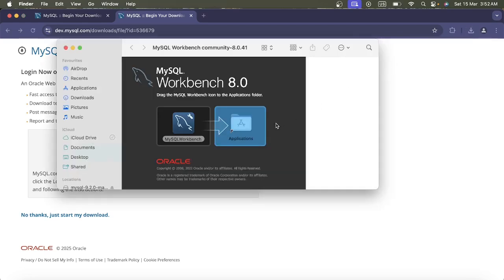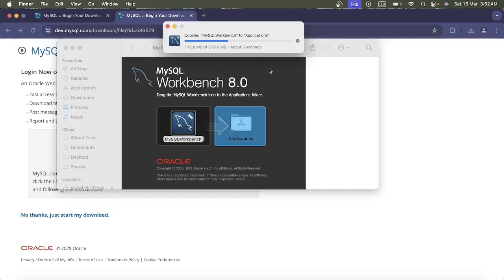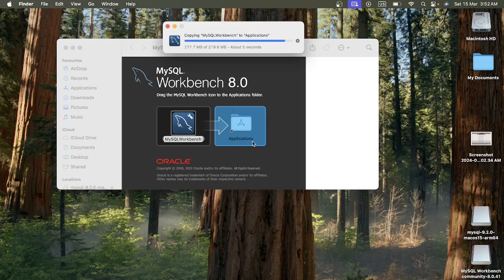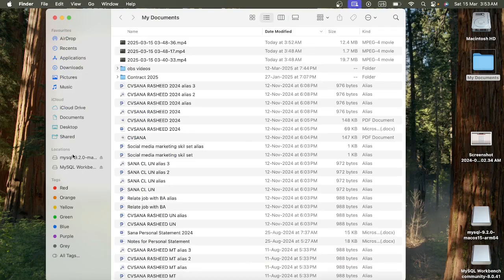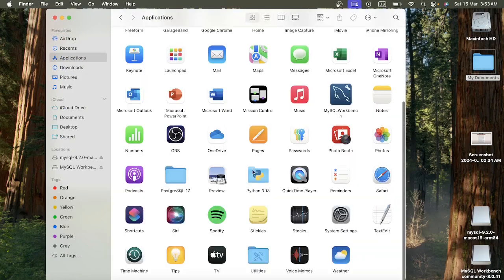And now this is the time when I have to use this root user password. But first let me just put this in the Applications folder. Okay, let me just drag and drop it over here. Okay, it is copying. I have to wait for a while, and let me first go to the Applications section where I will open this application. So I'm going to go to the Applications. Here I'm going to search MySQL Workbench. So right click